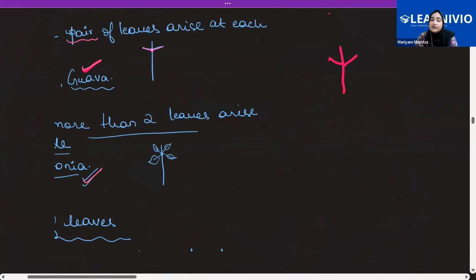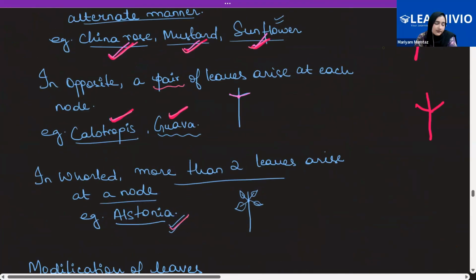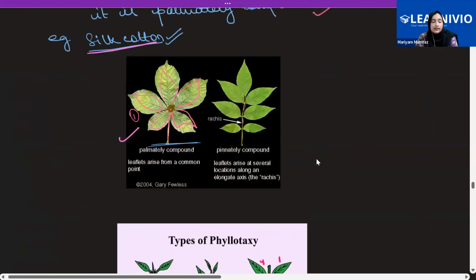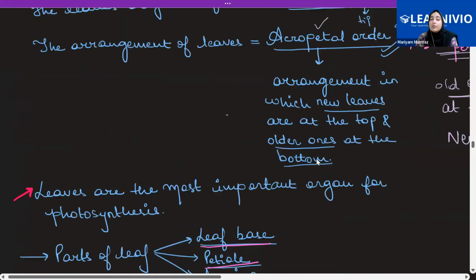So this whorled phyllotaxy is found in the Alstonia plant. Any doubts up until now, students? Anything you want to ask? Nothing? Smart students? Okay. So now do one thing, you note down these parts, then we'll move on to the